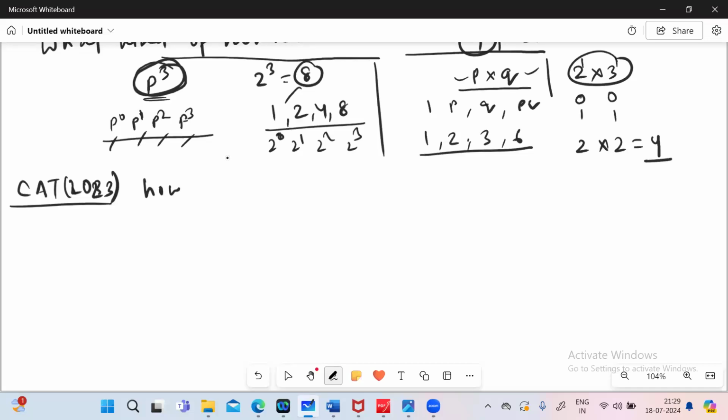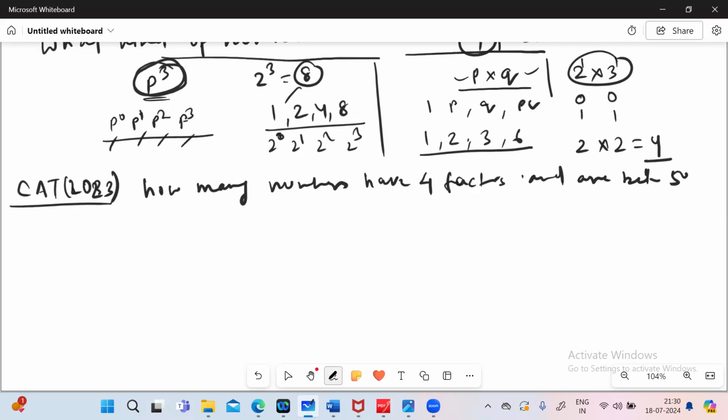How many numbers have 4 factors and are below 50? So the question is, how many numbers have 4 factors and the number lies below 50? So this was the question of CAT. Now